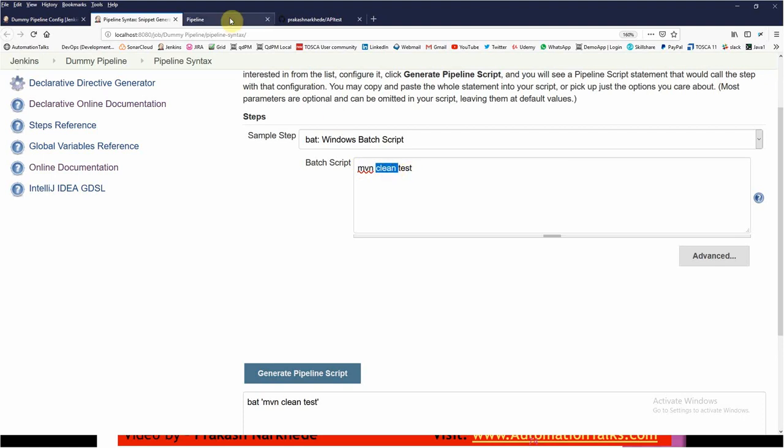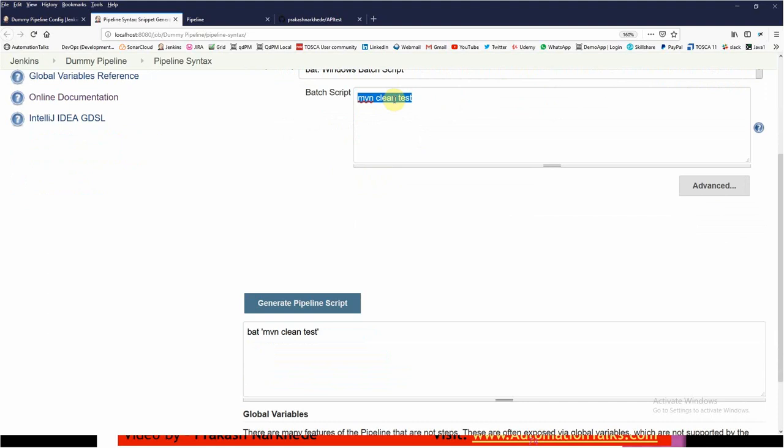If you have observed my earlier jobs which were independent, in those I had just given my goal as test or clean test. Since I am triggering here externally, I need to give this mvn. It will understand it's a maven project and perform based on these goals. So this is the command which I need to use now. Bat is for batch. If it is Linux, then it will be sh for shell. Since this is my batch command,